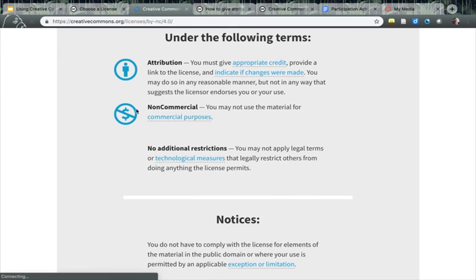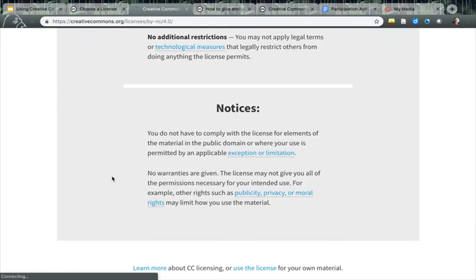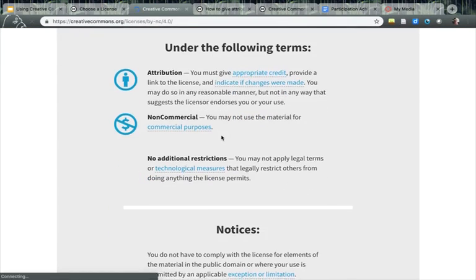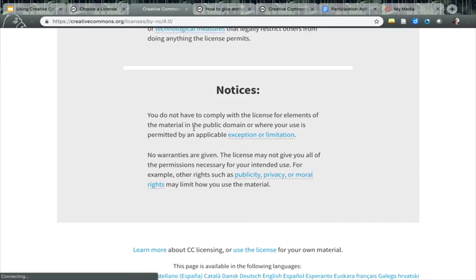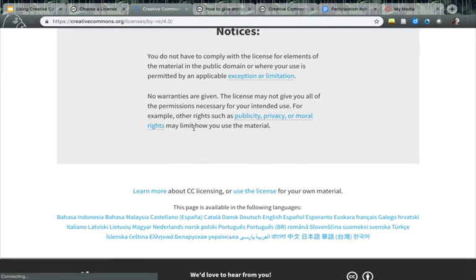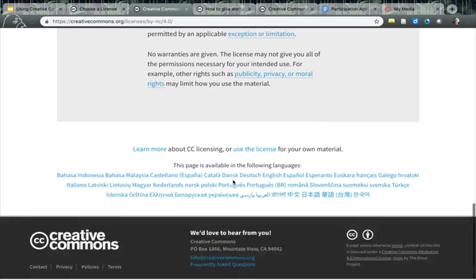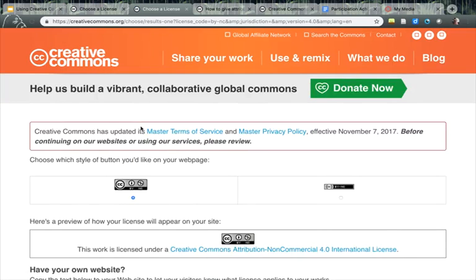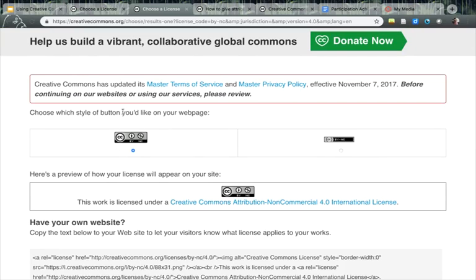So with that in mind, in this moment, you still do have to provide some notice to your audience that you have this license. You can't just toss it out there and assume people will know. If you go down to the bottom of your license page, you'll notice it'll say learn more about CC licensing or use the license for your own material. If you click on the link that's attached to use the license, it'll send you to a nice page that has either buttons for web pages, if you want to use this, and how it's going to appear on a